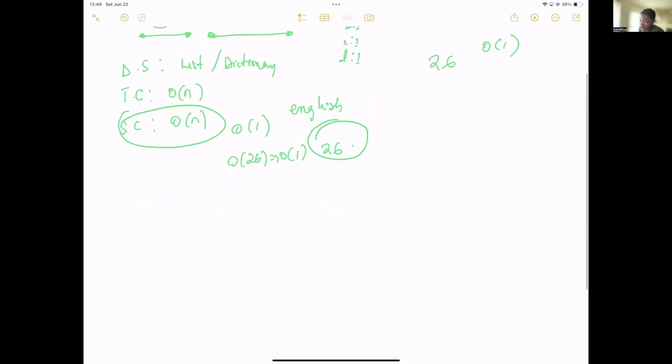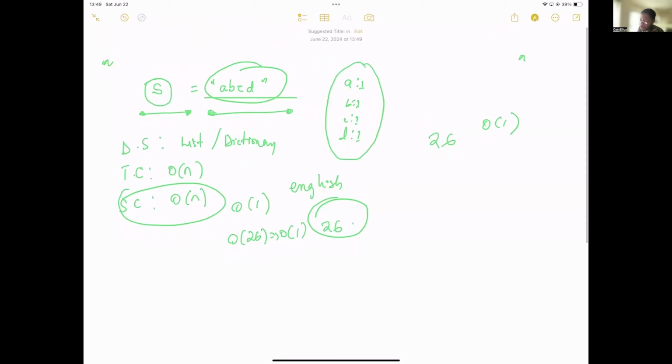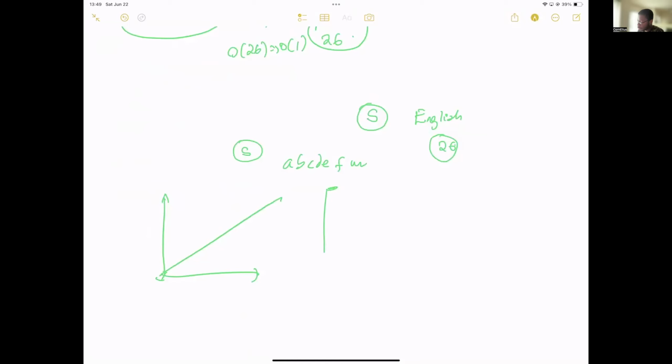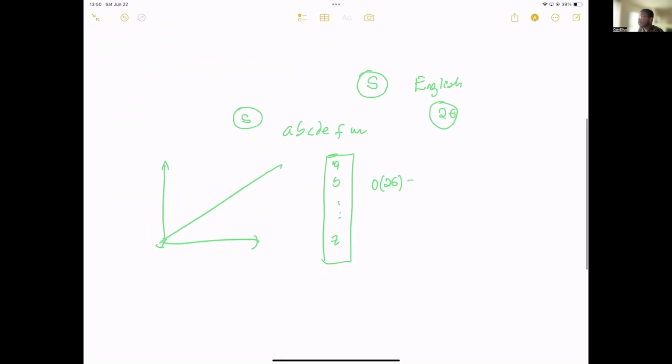See, when you get a question like this, where you have to keep track of something, maybe record how many times the characters occur, the space is not necessarily O of n, right? O of n simply means that, as the length of the input string increases, the space you need also increases linearly, right? But if I give you a string s that is always composed of the English alphabets, there are 26 English alphabets, which means that no matter how long my string is, the dictionary will always be composed of 26 items at most, like A, B, C, up to Z. Does that make sense? So the space is going to be O of 26, which implies O of 1, asymptotically. Does that make sense?